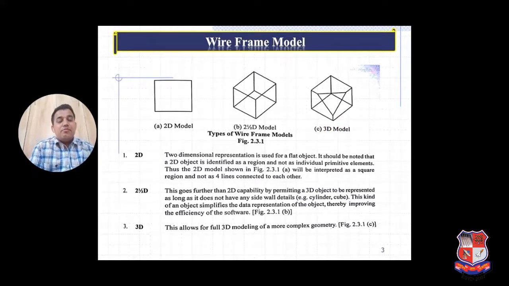So we all know what the 3D model is. Wireframe modeling has some advantages and disadvantages. Wireframe modeling has very low memory structures. For the representation technique, for ideation purposes, for idea creation, for sketch purposes, we are using wireframe modeling for the representation purpose only. But it cannot give the proper detailing regarding mass, volume, color, and other mechanical properties, mass properties.